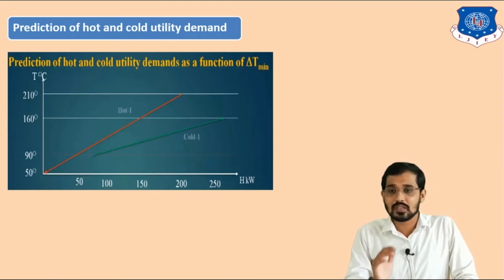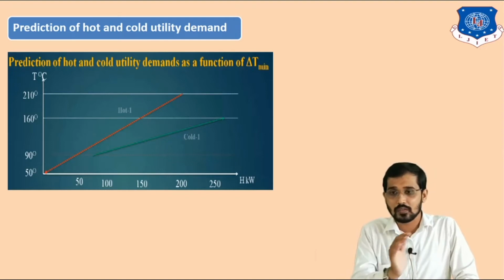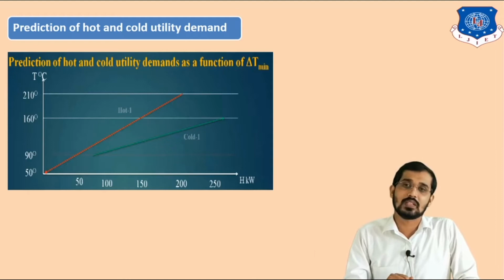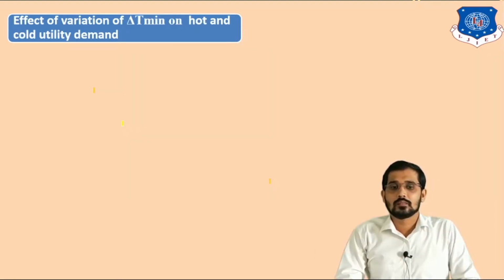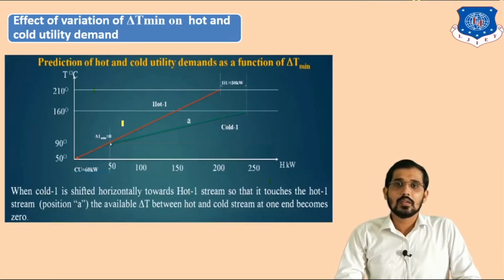That is why you can see on the screen, the cold stream goes upward from 90 degrees Celsius to 160 degrees Celsius. So this is the meaning of this TH diagram. Now we will see the effect of delta T minimum on hot and cold utility demand. You can see on the screen, this is a figure for